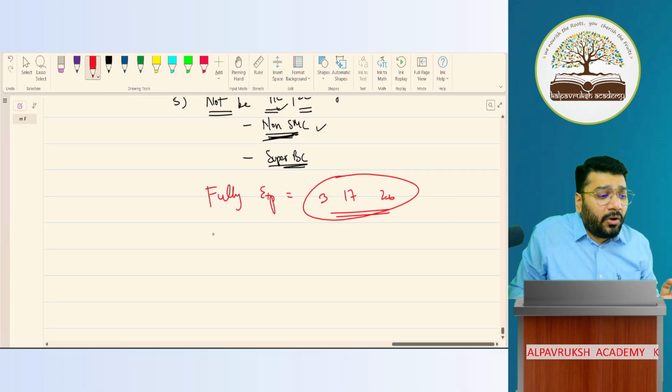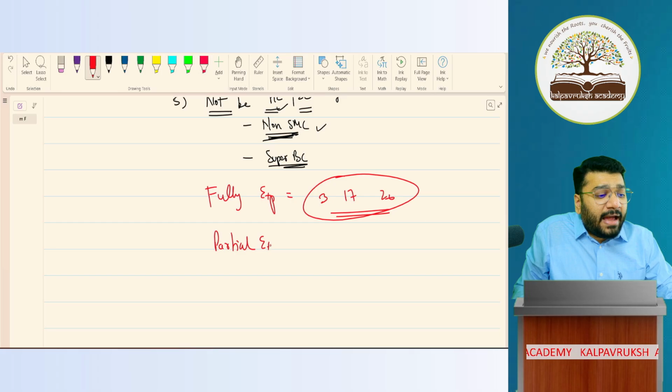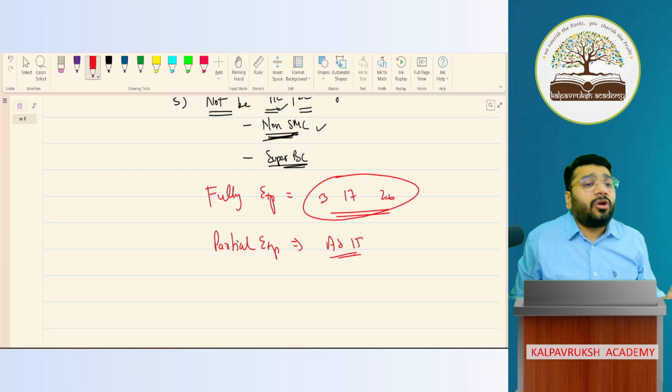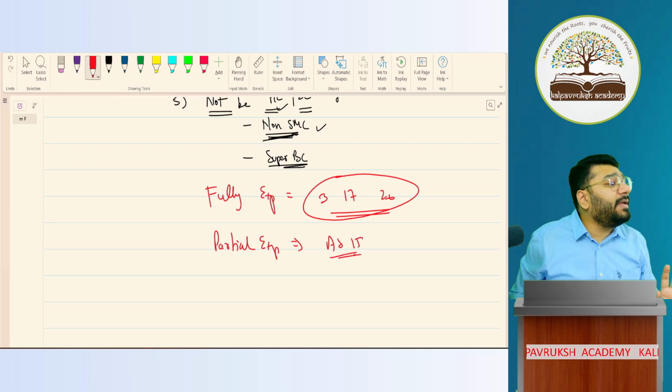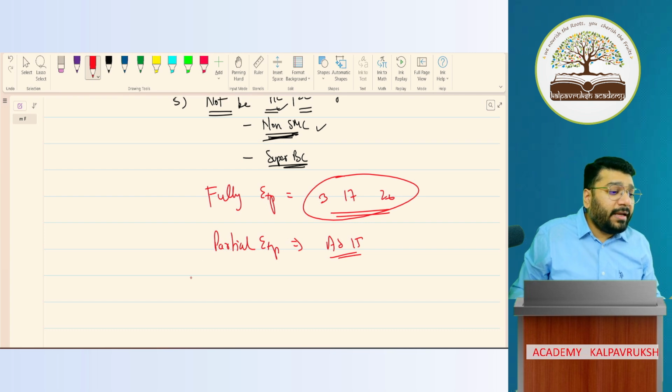Okay, then we have something called partial exemption. Which AS have to be partially complied with and partially not complied with? AS 15, some part of it should be complied with, some part of that need not be complied with. Okay, not okay? Clear or not clear? Okay, then comes